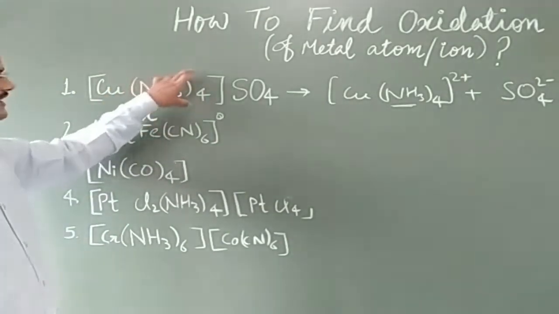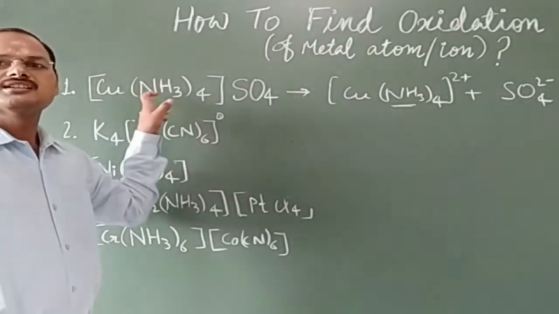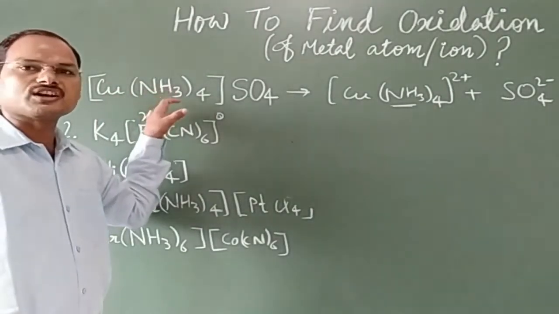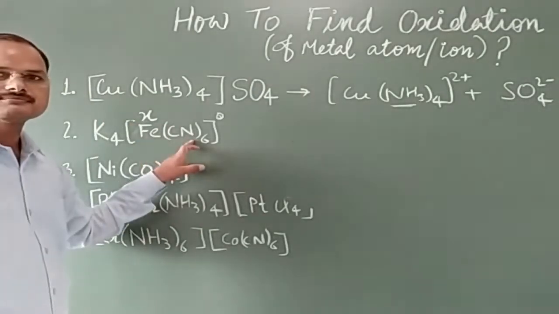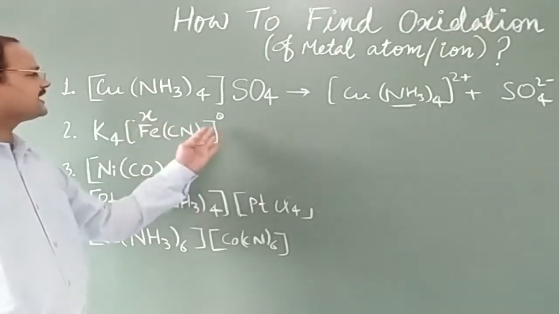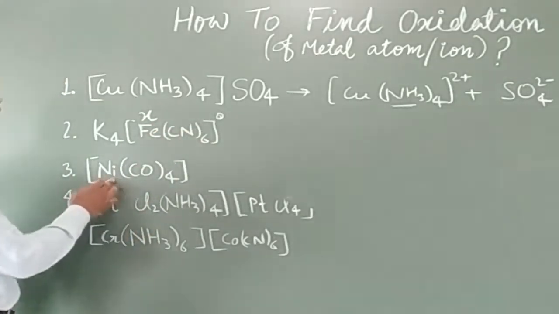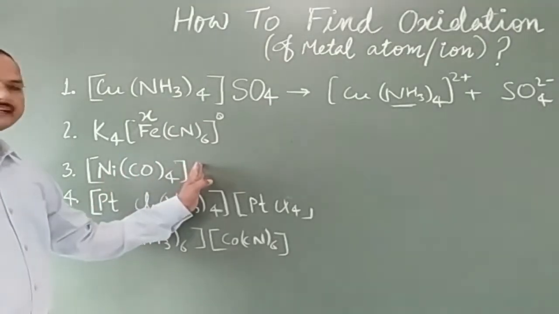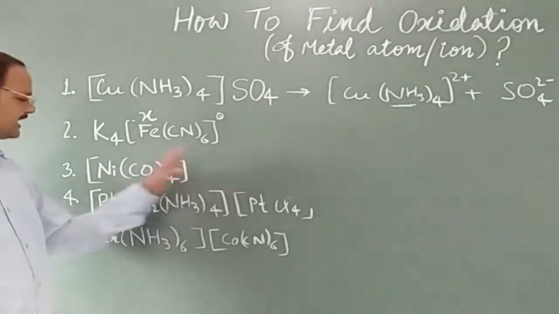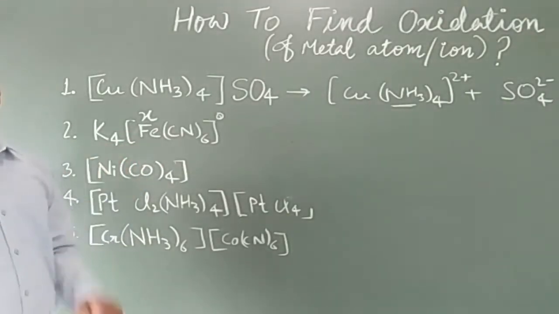This is the coordination sphere, it has a positive charge, it means this type of coordination compound is a cationic coordination compound or complex ion, and this one is anionic. Why? Because this complex ion has a negative charge. Now see the third example. Here there is no charge, and there is no other ionizable ion on the left or the right. It means it is a neutral type of compound.